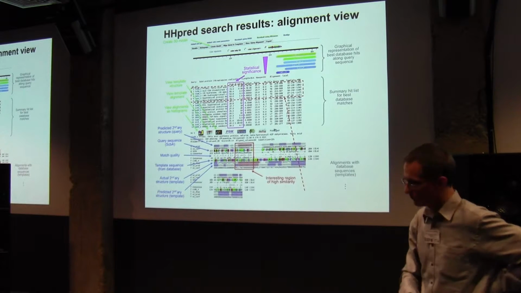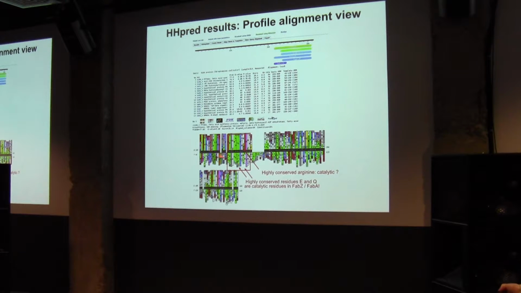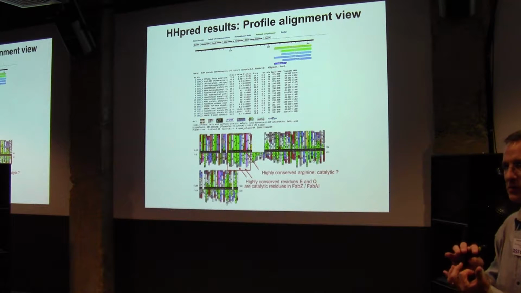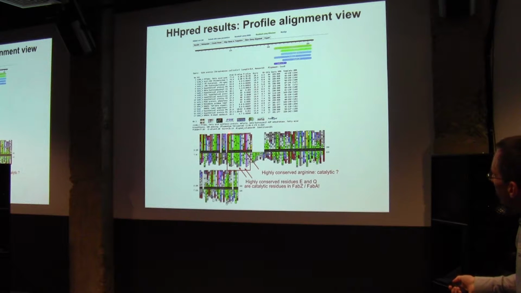There's also a histogram view. By clicking on this little symbol here, you go back to the alignment view, and by clicking on the alignment view symbol, you go back to the histogram view that shows you which patterns have actually been picked. Because, as I said, it's not the sequences that are compared, it's the patterns, the profiles. For example, this succession of hydrophobic and charged amino acids in this case is quite a strong pattern that is picked up by the algorithm.